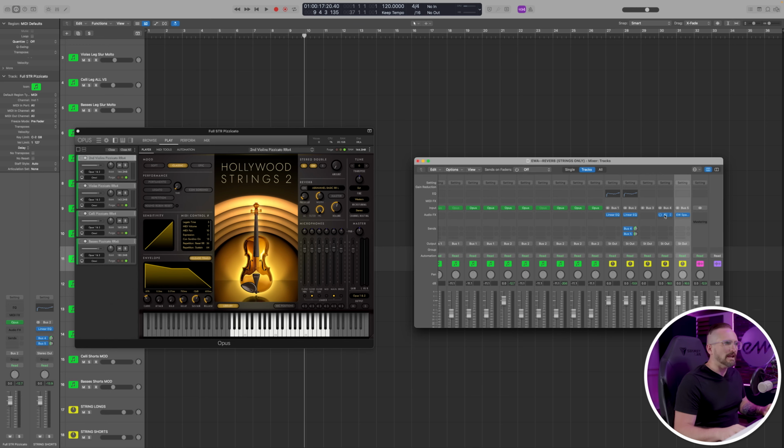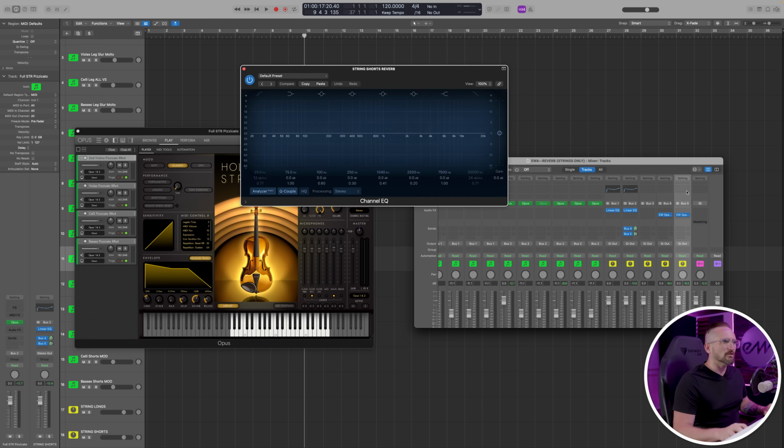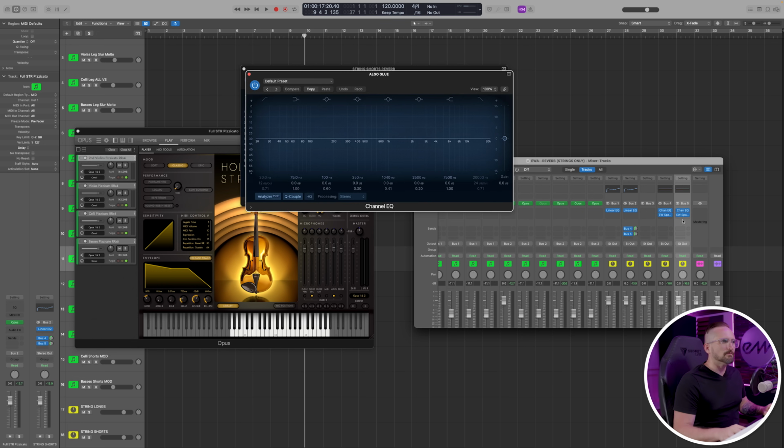Now from here, I would go ahead and start EQing the reverb, and you generally want to place the EQ before the reverb. You want to be EQing the incoming signal to the reverb. So let's go ahead and throw an EQ on both of these tracks. Now, many of you might be familiar with what's called the Abbey Road method of EQing reverb. And that's where you have the low cut all the way up to 600 hertz and then a high cut down to 10,000 hertz. And that might be great for certain styles of music, but I don't personally find it to be ideal for orchestral music.